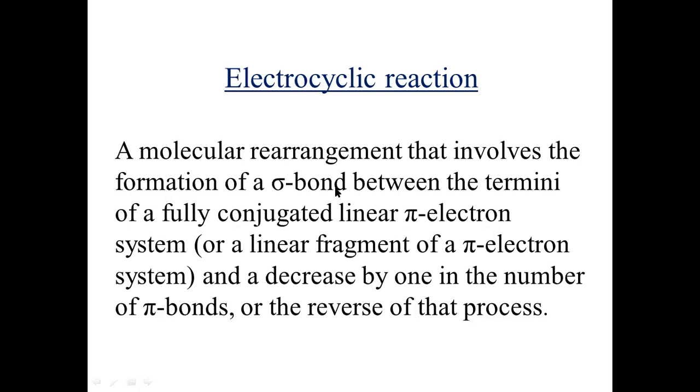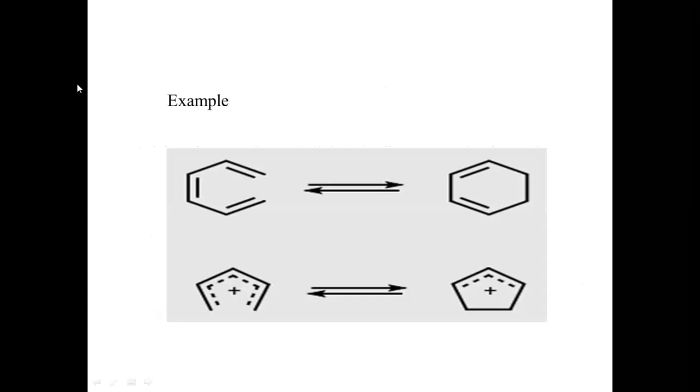Now, let us see some examples in connection with this. Here, if you see, this is a molecule. Here, 1, 2, 3, 4, 5, 6. This is 1, 3, 5, that is 1,3,5-hexatriene. This is a linear conjugated pi-electron system. Now this one is undergoing